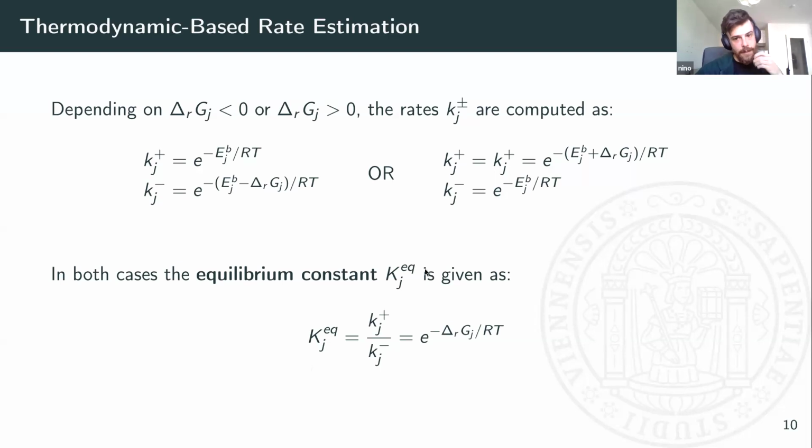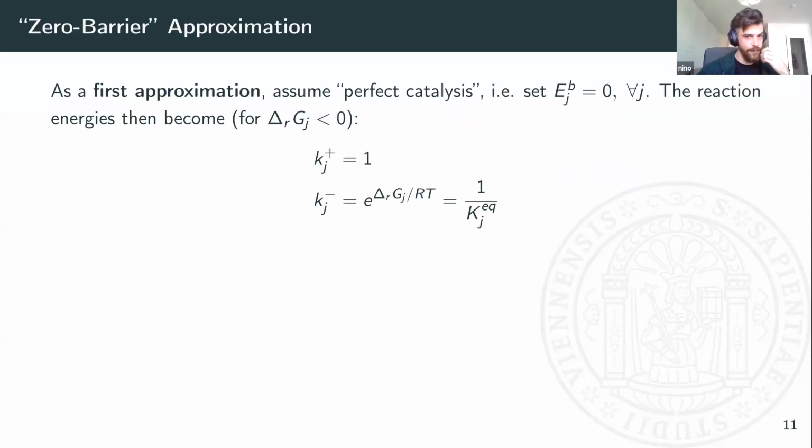You still need to have some estimation for the energy barriers, but since estimating energy barriers is not always easy, you can make a first approximation by assuming perfect catalysis. So basically setting the energy barriers to 0. And in this simple approximation, then